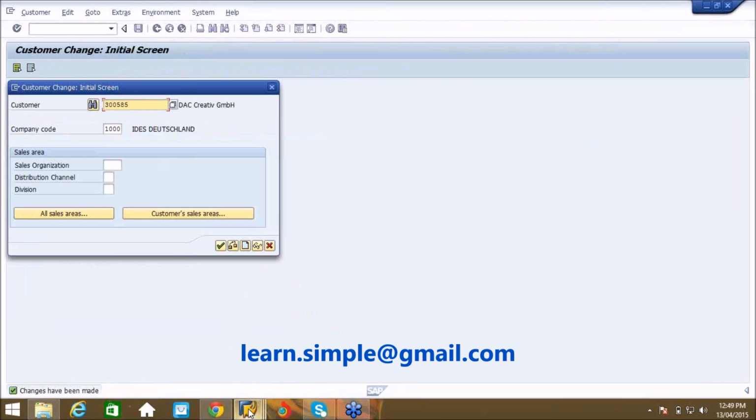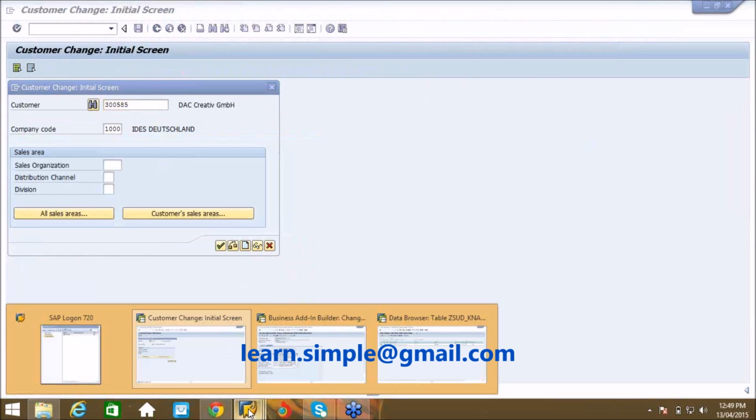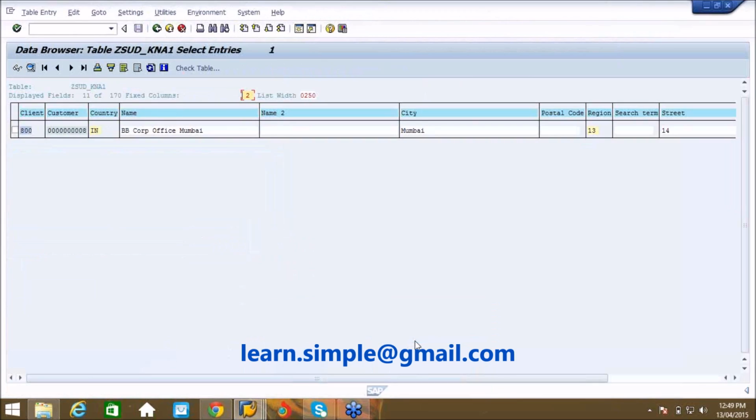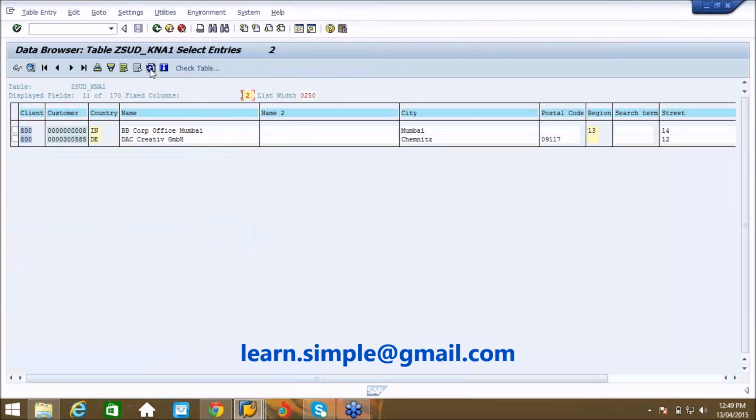So now let us go to our table and see whether the customer appears here, because we have done some changes. So when I refresh, the customer appears here. What you have done with the changes. So this is how you can implement your own code by using a body. So now you have seen how to do it, and now let us see how to do a second implementation. First implementation we have done. Second implementation, how to do?